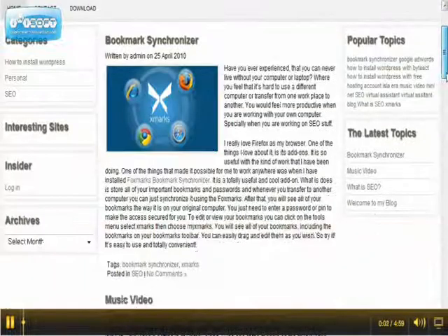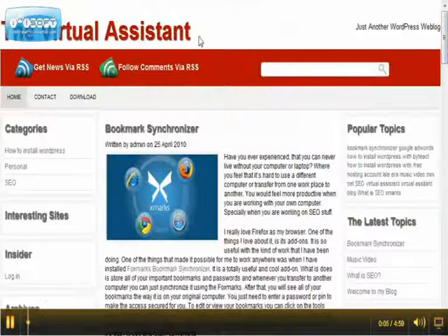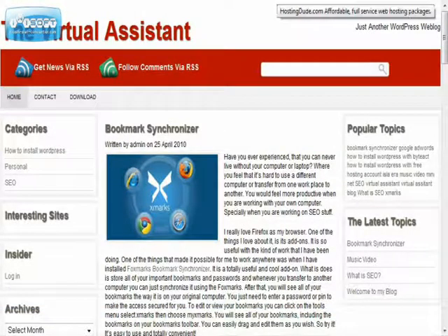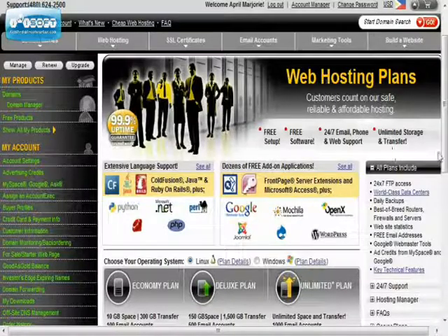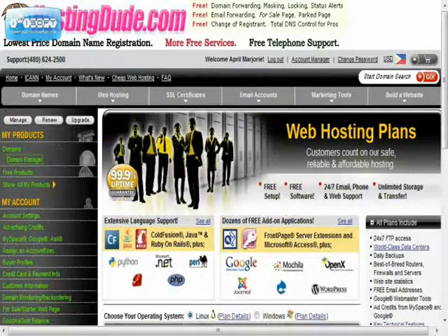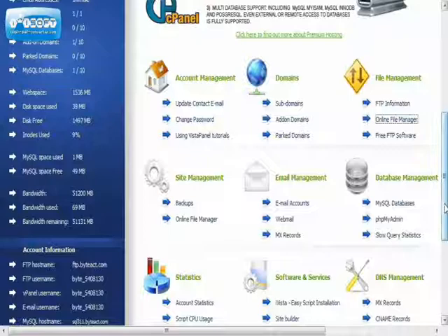And this is my very own WordPress blog. I just recently created it with a free hosting account. So what did I do? I'm going to teach it to you. First, I bought a domain here at hostingdo.com, and then I connected it with a free hosting account, which is